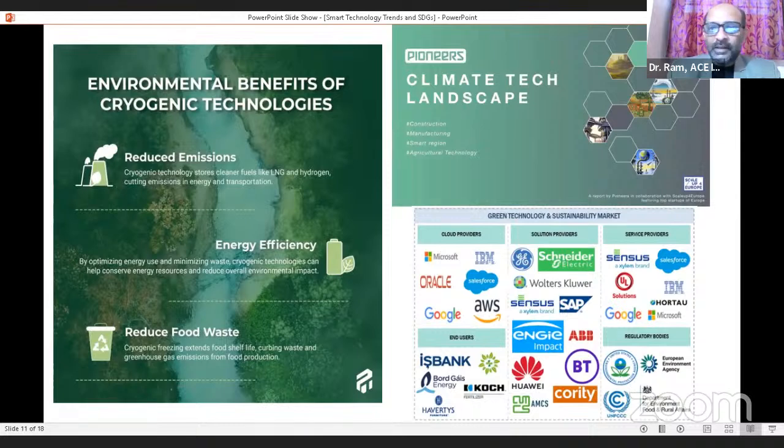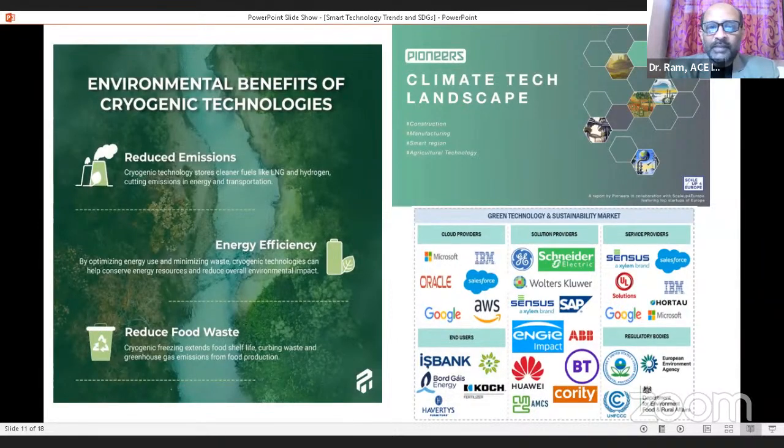Reduce food waste. It is very much useful for us to think and adapt how to make the food shelf life extendable in a conditioned manner, or prolong the use of food consumption in the respective places. Especially the waste production from the food industries must be controlled because of greenhouse gas emissions. And green technology, the sustainability in the market.